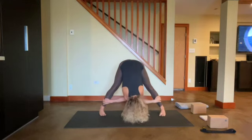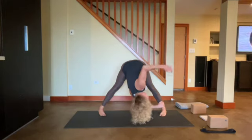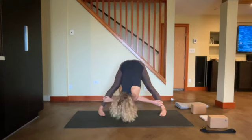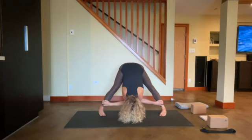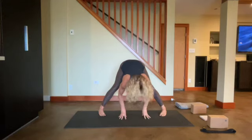But if you have this bind, it's so fun because you can really use your legs and press them into your hands and expand both sides of your mid-thoracics away from that center line of your spine. Try to keep some energy down through your feet from your sit bones, low belly, in and up,